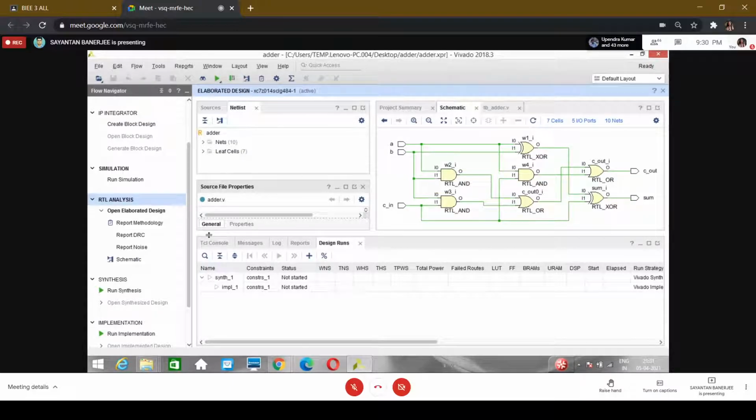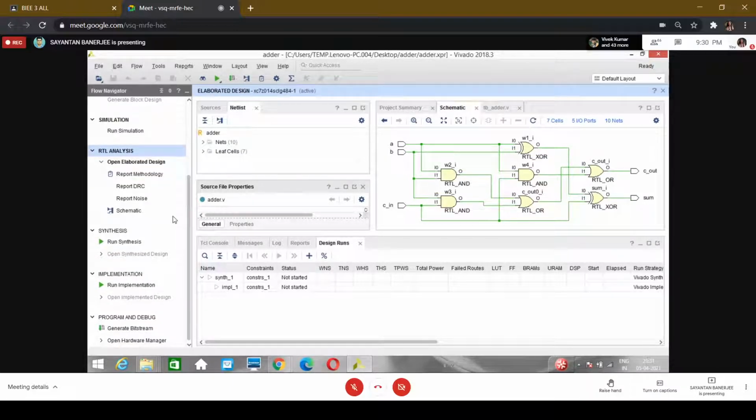So after this, there are various other steps. You don't have to understand all of this now. Next we move to synthesis. In synthesis, we convert this gate level circuit into an RTL, register transfer level circuit. What is a register transfer level circuit? It shows how the data is flowing from register to register. There will be several inputs and outputs.